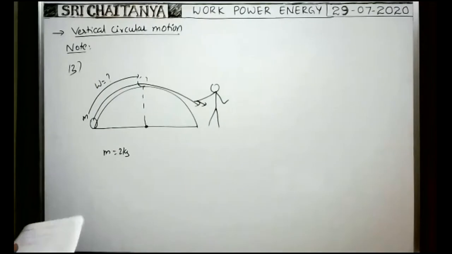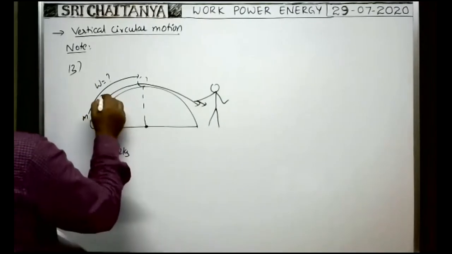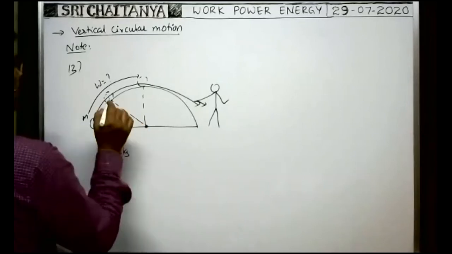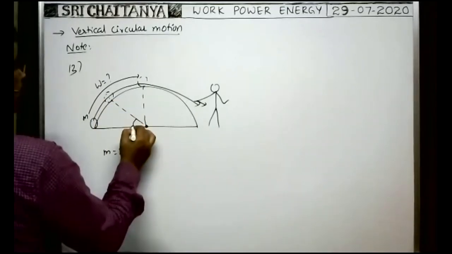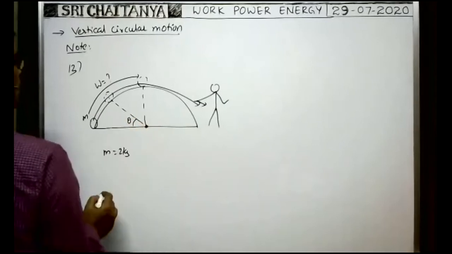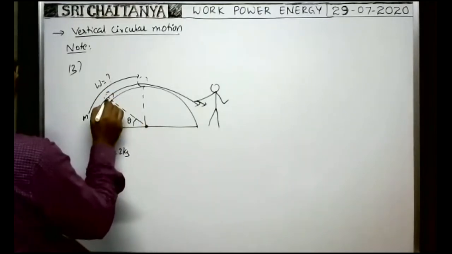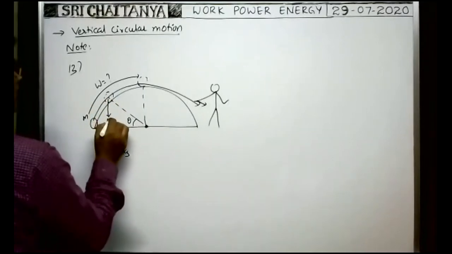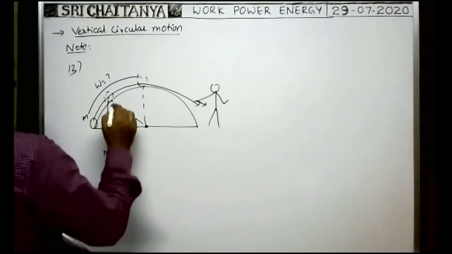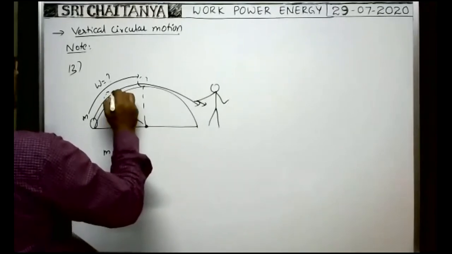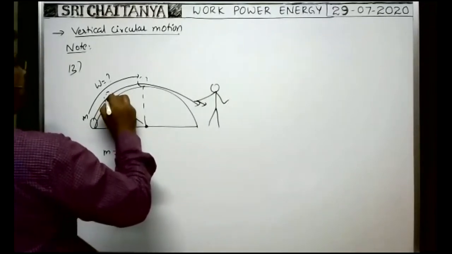That is the question they asked. Okay, here you see, suppose while pulling, the body lies somewhere here. At that time, the angle through which the body is displaced is, say, theta. At this position, the weight of the body, mg, acts vertically downwards, and by means of a string, it is pulled slowly or gently in this direction.